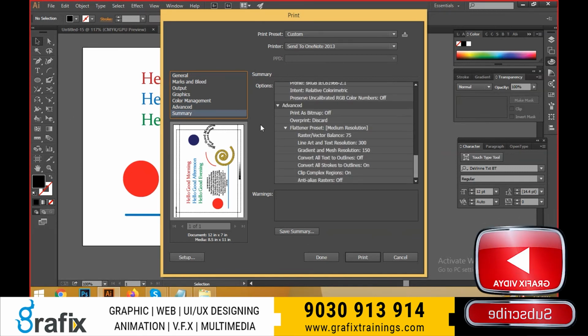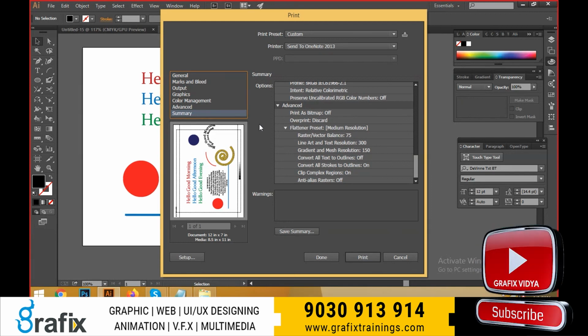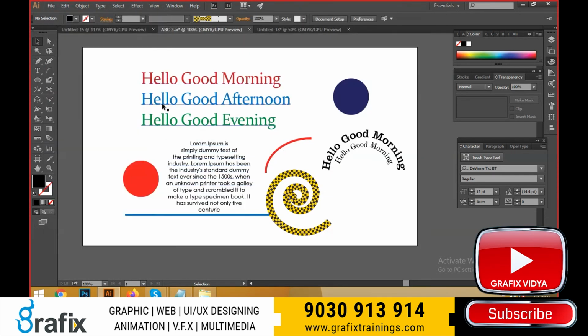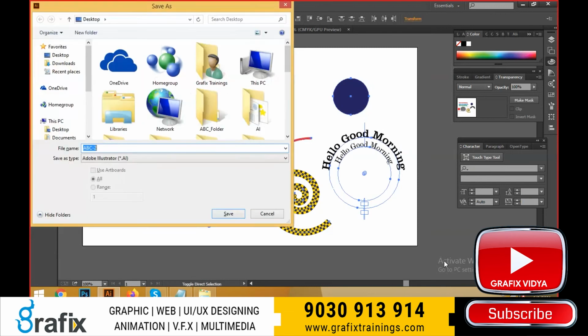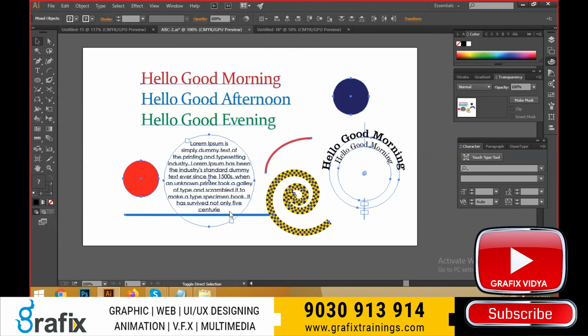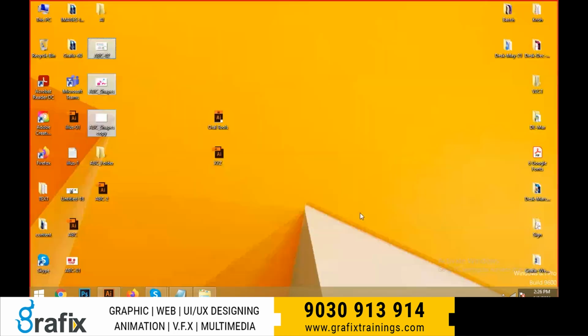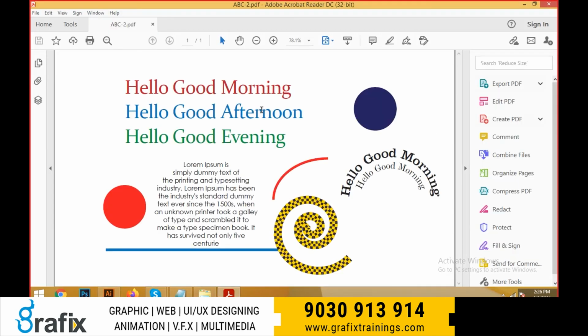In general, the printing section will be done with the printers, guys, and here we are only in the designing panel. How can we give it to the printer? Just save this one and make it a PDF on the desktop, save the PDF and give this file to the printer, then automatically he will give the print and he will give the hard copy.